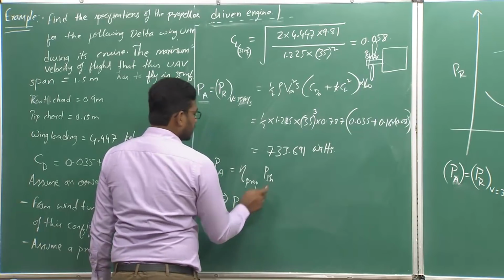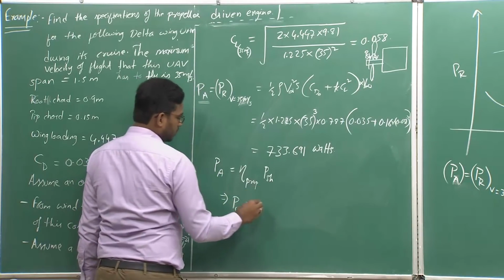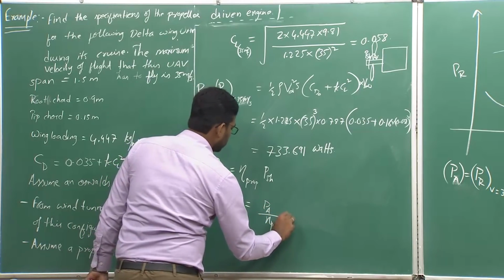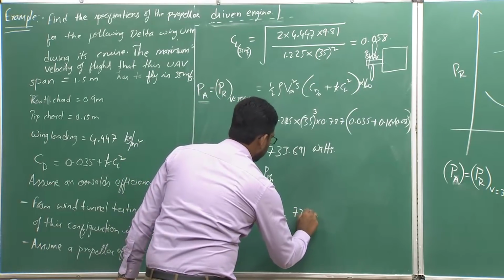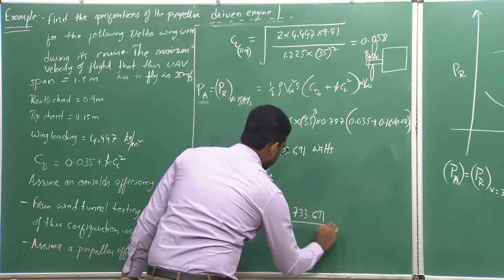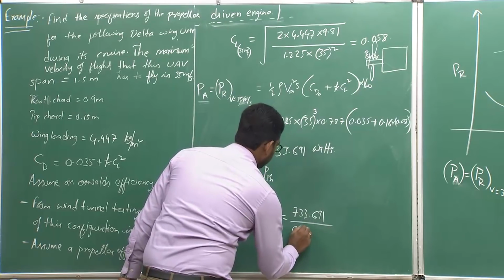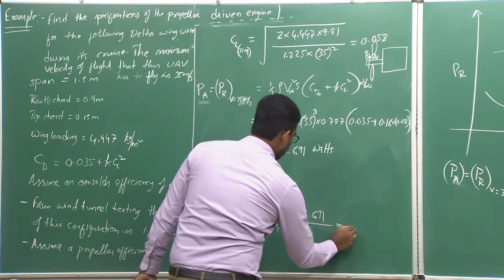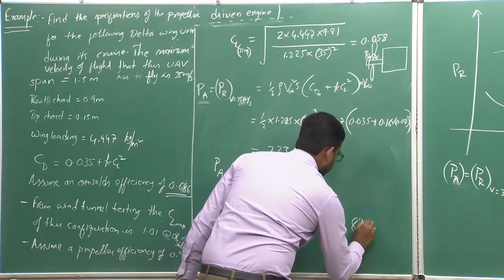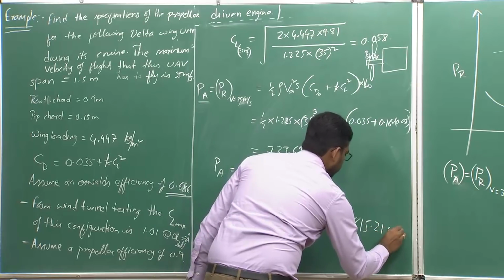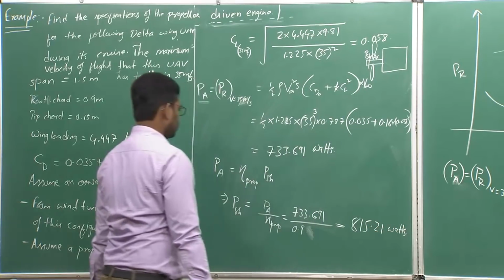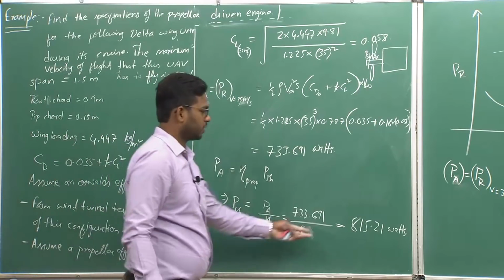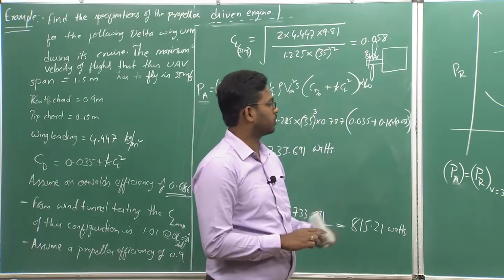So, what should be the corresponding shaft power that the engine has to deliver? It is power available divided by eta, the propeller efficiency. 733.691 watts divided by 0.9, which is the propeller efficiency given, gives 815.21 watts. So, you have to select a power plant which gives at least 815.21 watts if you want to move at